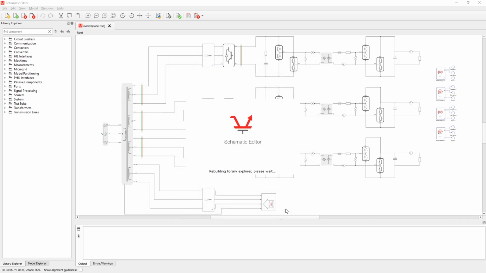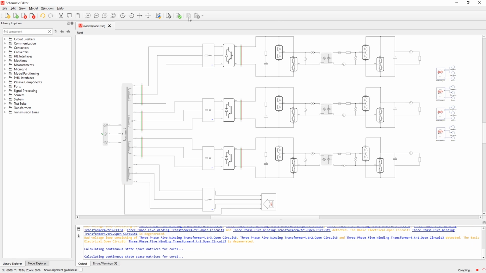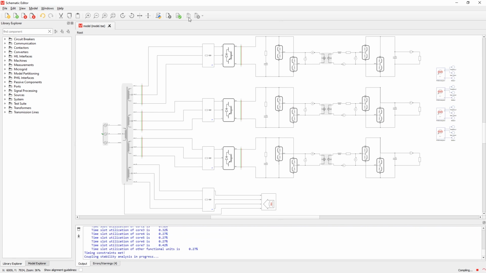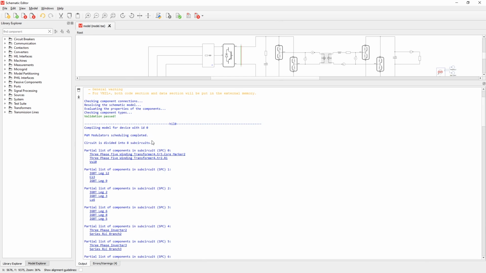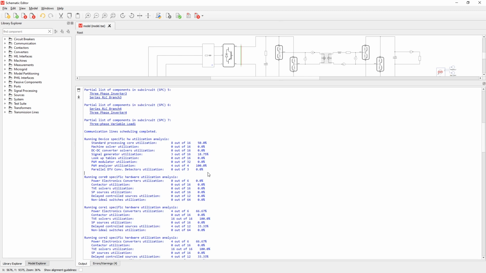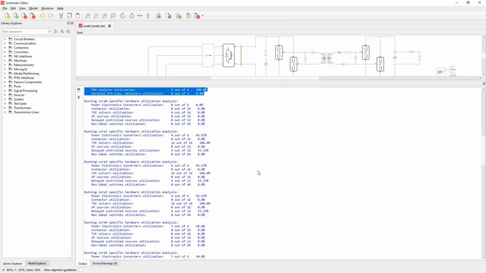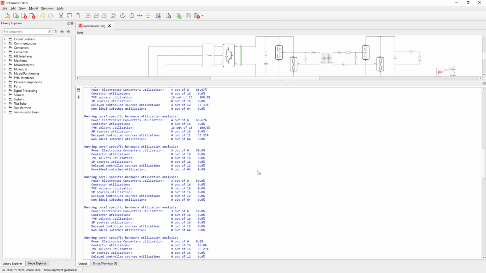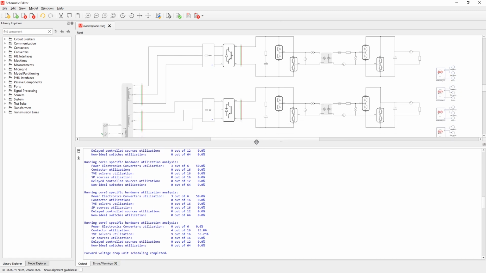First, let's check the FPGA requirements of our model by compiling it for Virtual Hill Plus. The compiled model requires 8 cores, 3 signal generators, and 4 PWM analyzers. Other resources are not necessary. Core-specific utilization analysis shows a maximum converter weight of 4, up to 4 contactors, and up to 12 time varying elements. Now let us enter the custom firmware configurator.